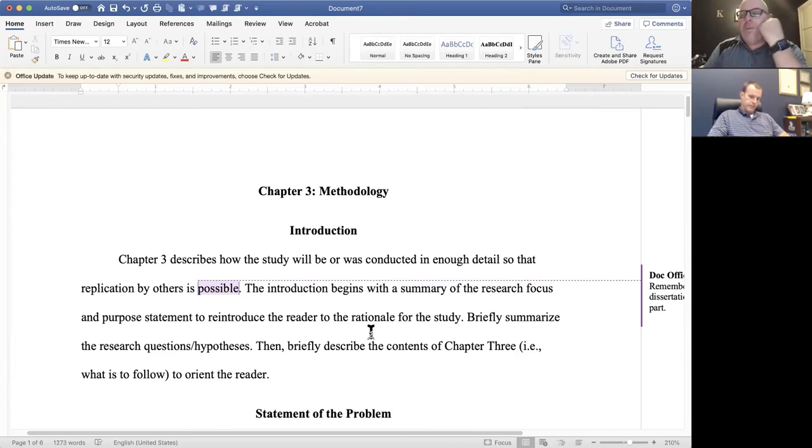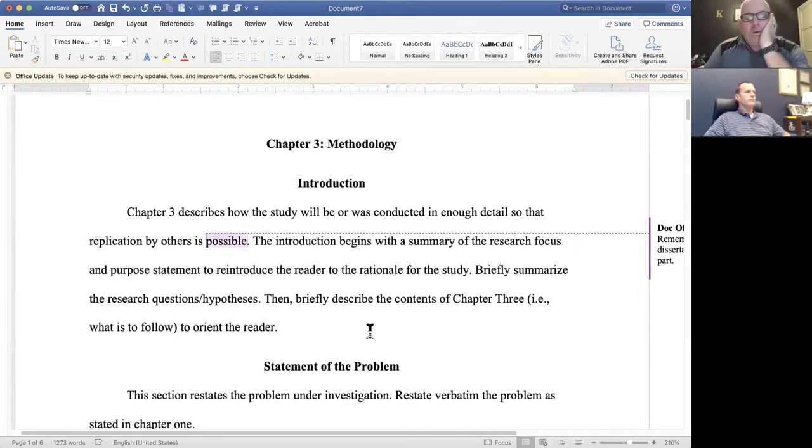And plus, the only people at this point who are going to read it are, well, this one is me, and then Suzanne will look at it. Or who's your chair? Metchkoff? Yeah, Metchkoff. So, yeah. Suzanne will look at it, but Dr. Metchkoff will read it over. But he's not going to care whether it's in past tense or perfect tense or whatever tense we want to put it in.